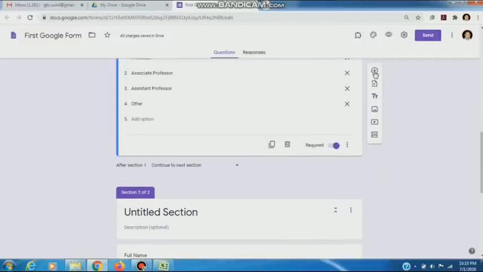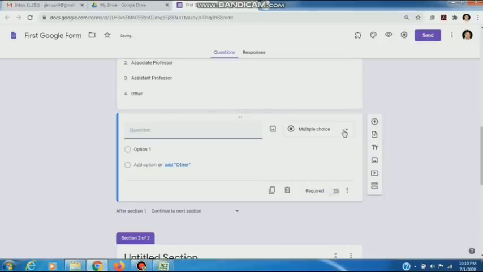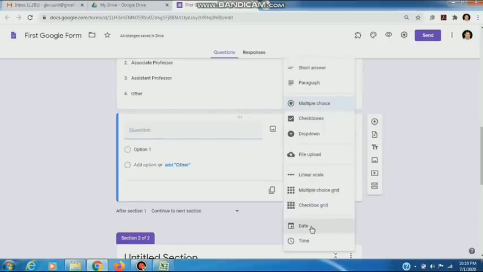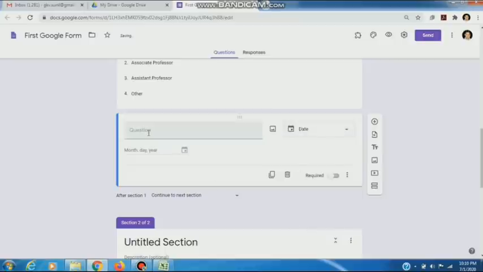Next, suppose we want to add date, then we choose date. Date of exam is, we can choose by clicking on this calendar. It will appear in month, day, year.